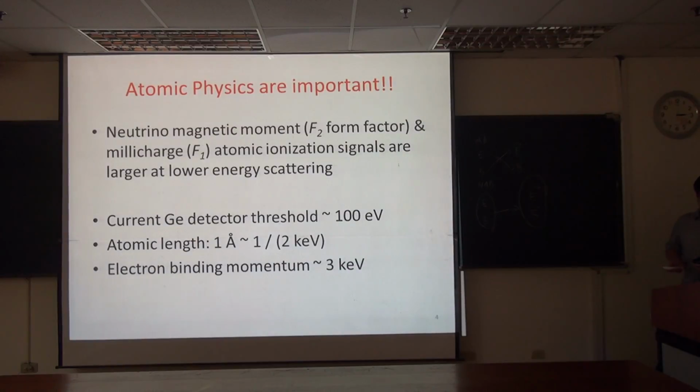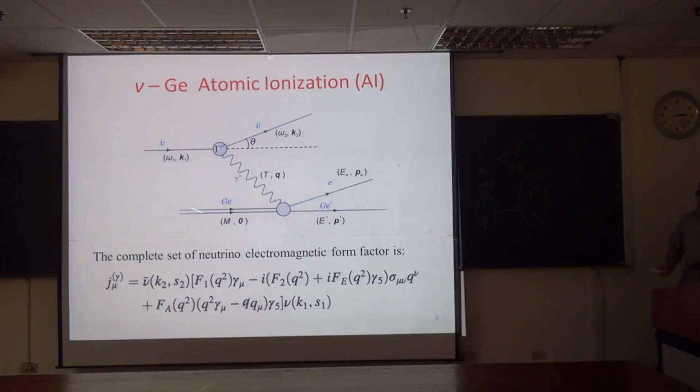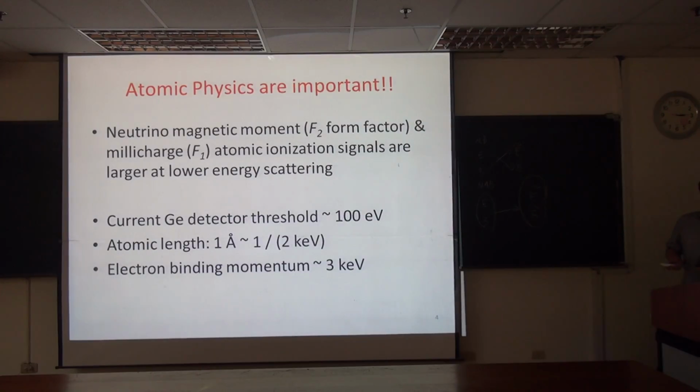From the unit conversion, we know 1 Angstrom is about 1/2000 eV inverse. So if our energy and momentum scale is about keV, then the wavelength of the virtual photon is about atomic length. From another point of view, electron momentum is about 3 keV. So if we want to go lower, to a few 100 eV, the atomic physics